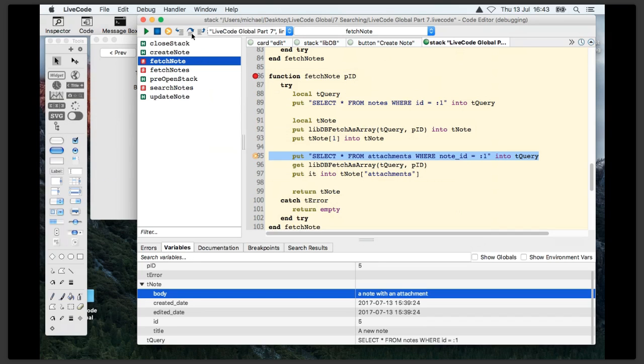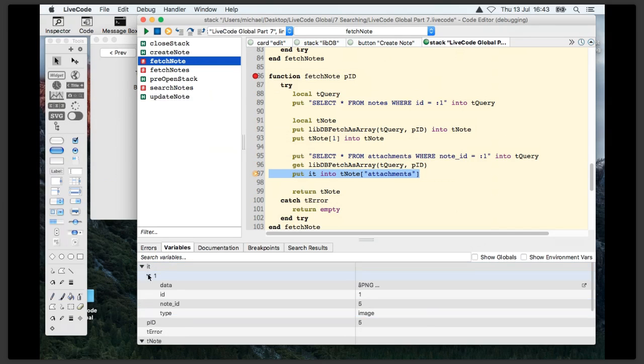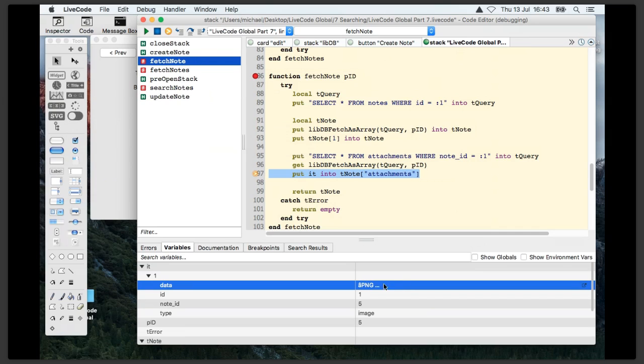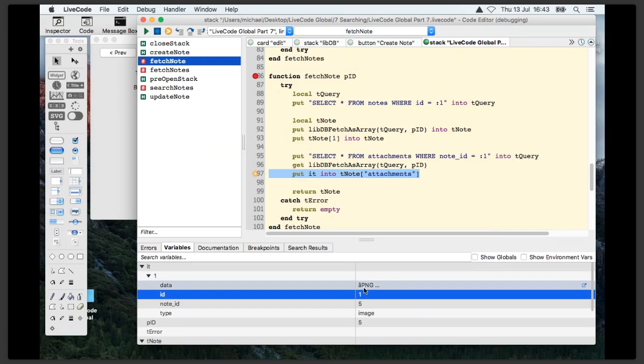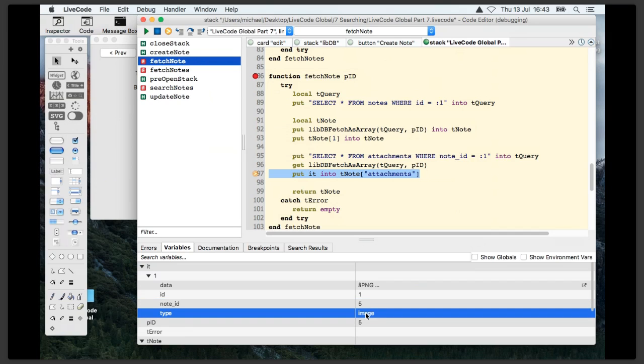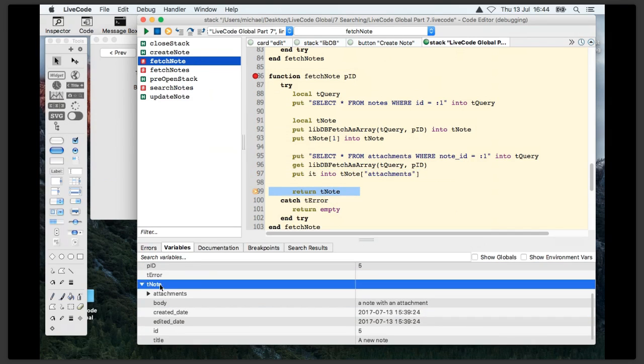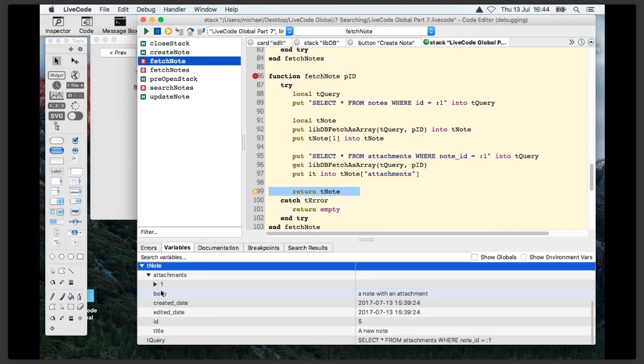So if we run that command here, we notice that the it variable now contains the data for the note. That's the raw binary data, the ID of the note, the data for the attachment, the ID for the attachment, the note ID that's mapped to, that's 5, doesn't really matter, and the type. So that's all the attachments mapped to that note, and what we do is we put that into tnote attachments. So now our tnote array has an array of all the attachments. There could be several attachments mapped to this, 1, 2, 3. In this case, it's just 1, and then we return that back to our card script